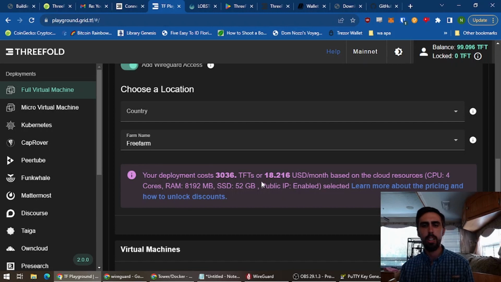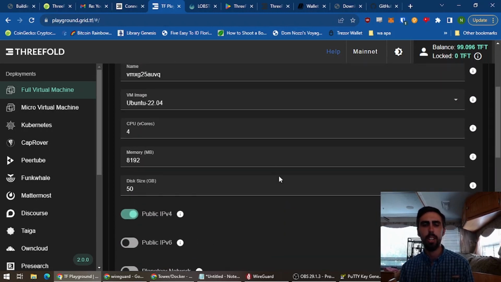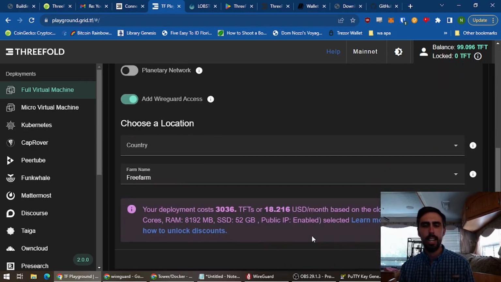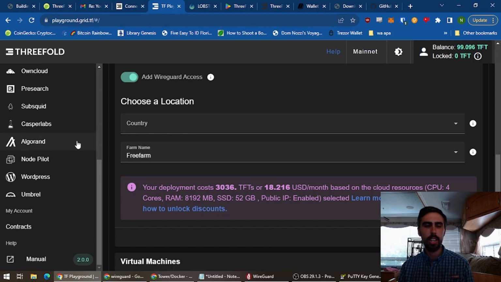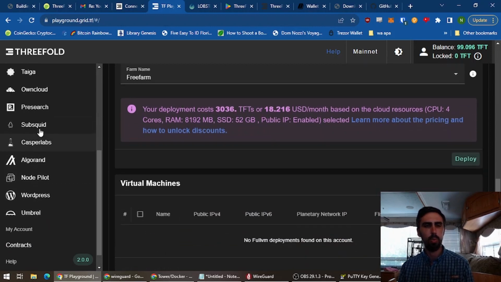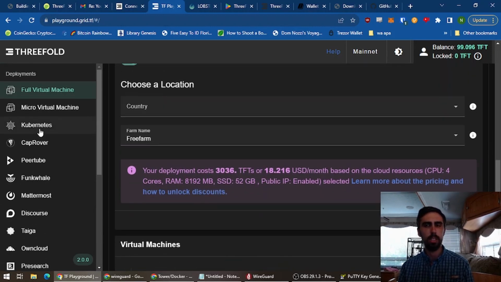This will show you how much. Notice that's $18 a month. However, I do have a rather beefy spec here. Additionally, there are extreme discounts the more TFT you keep in your account. I think for like 6, 12 or more months of TFT you keep in your account, you can basically have that monthly cost. If you purchase a dedicated node, dedicated server, and I'm actually not quite sure how to do this in the new playground,